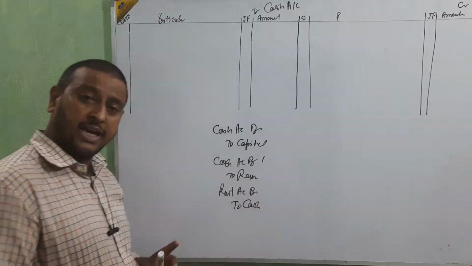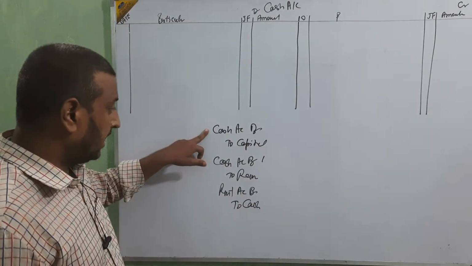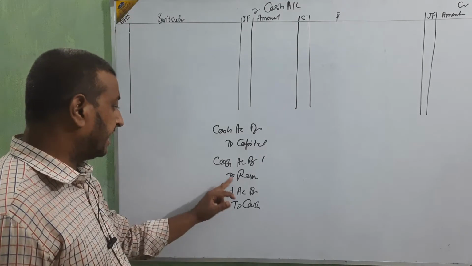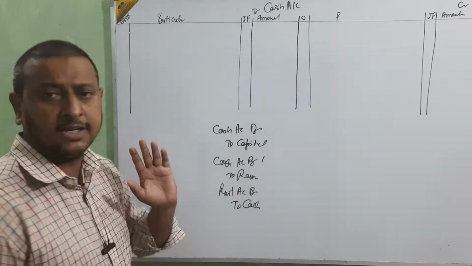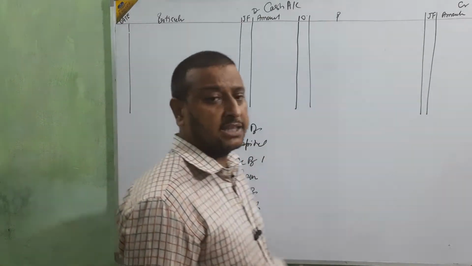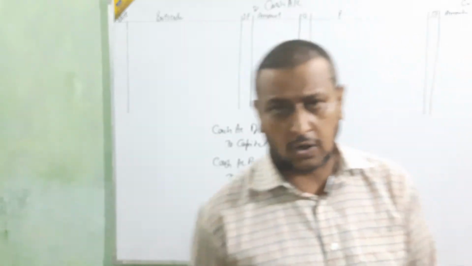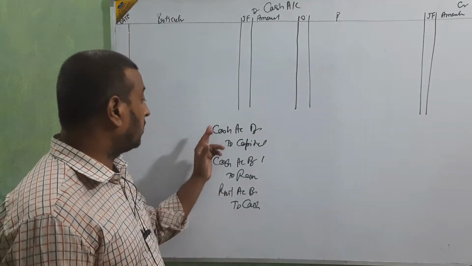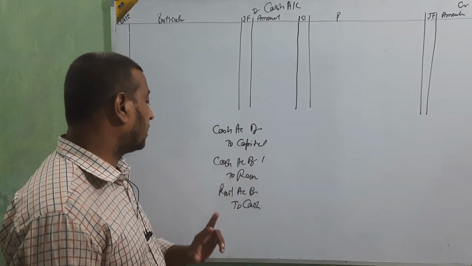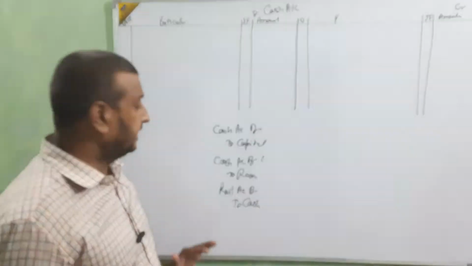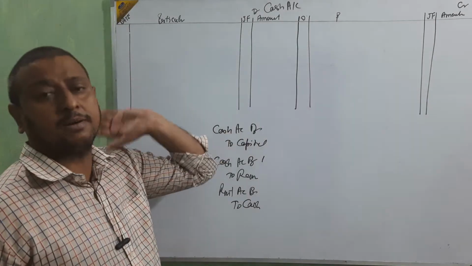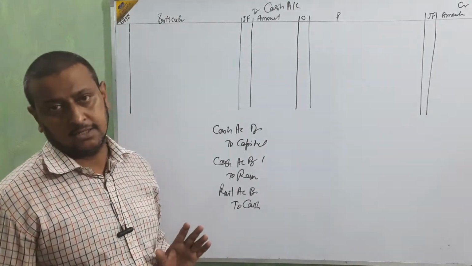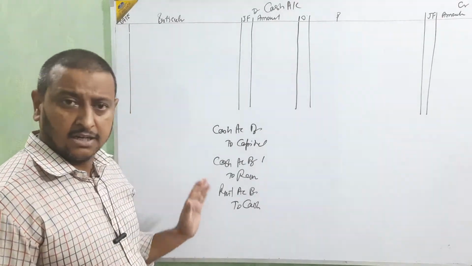Now here we are going to make one ledger for cash, one for capital, one for Ram and one for rent. It means we are going to make four accounts, four ledgers. Okay, beta. One for cash, second for capital, third for Ram, and fourth for rent. This is the way of using this pro forma to make the four ledgers. Okay, beta. Clear? Clear or not?